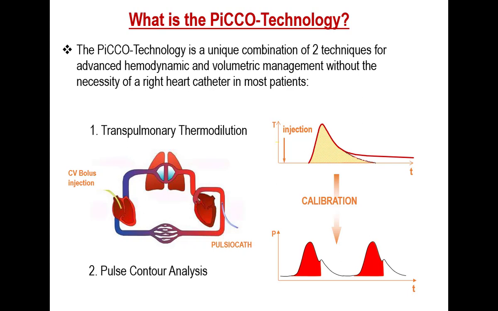This thermodilution is a bit different from the thermodilution you do with a PA catheter. There, thermodilution is done with an injectate in the proximal lumen and the tip of the thermistor is lying in the pulmonary artery. Here, the detecting point is an arterial line in the femoral or the axillary or the radial, wherever it is. So it is going through the entire lungs, the entire heart, right heart, lungs, left heart, and to the artery where it is sensed.